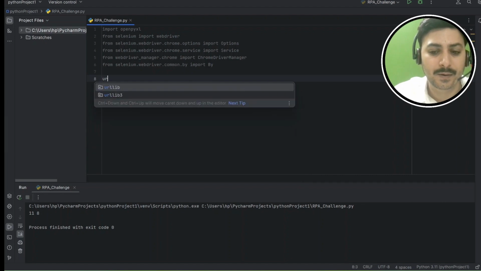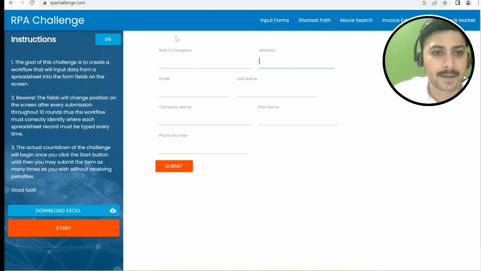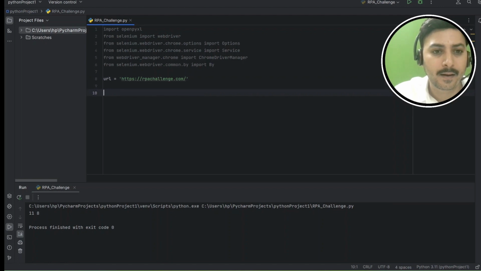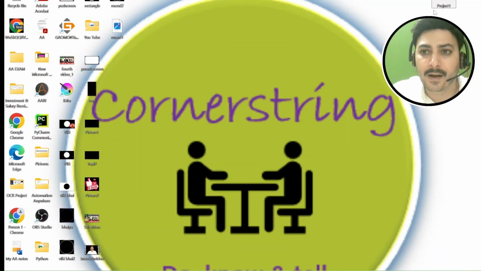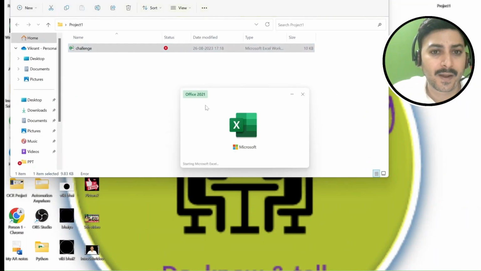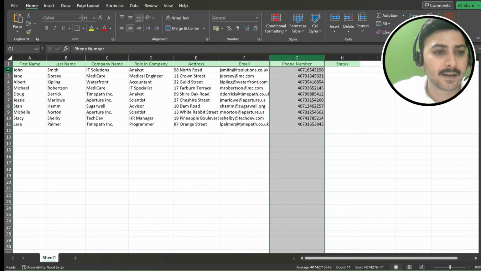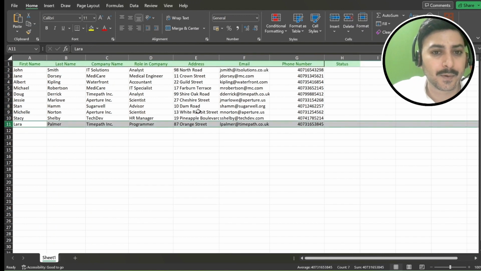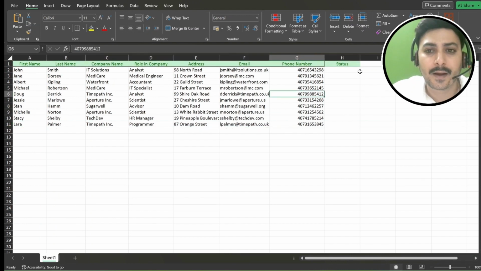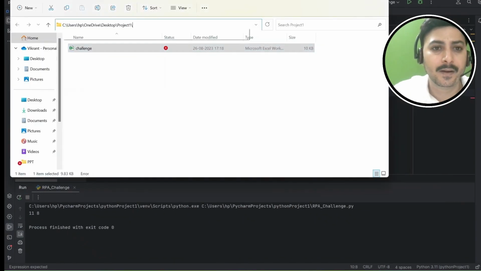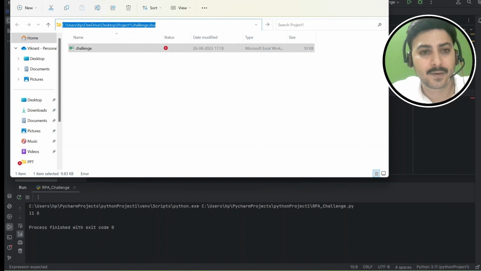Now the URL which we are going to use is this one, rpachallenge.com. Okay, and we need to define one variable for the path. I already have downloaded the Excel file from the RPA Challenge website, which consists of 7 columns and a total of 12 rows, total 11 rows, sorry. Okay, so I'm just closing it down, and we need to take the path from here, the challenge.xlsx copy,